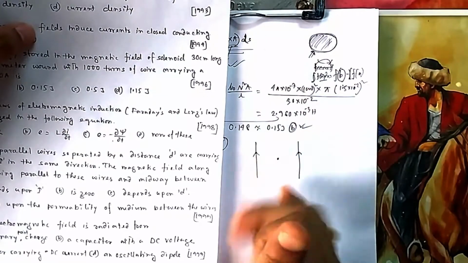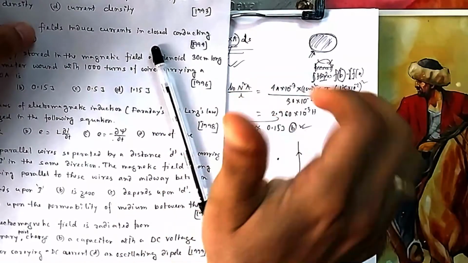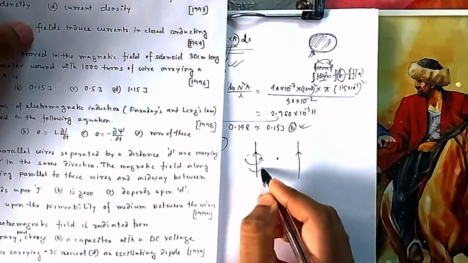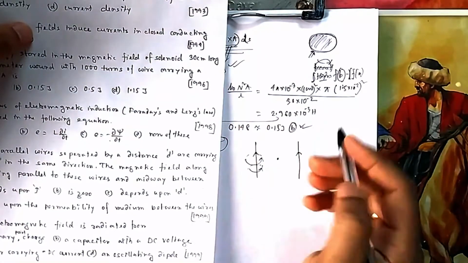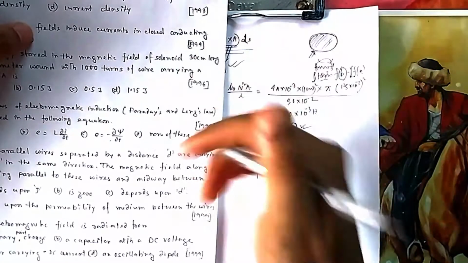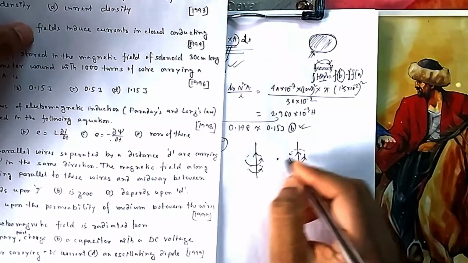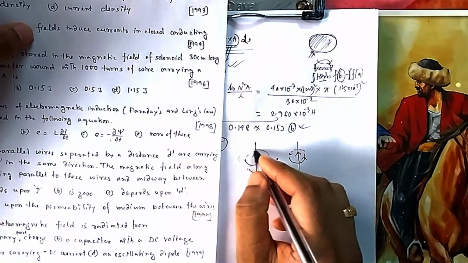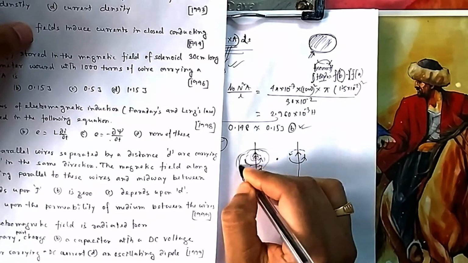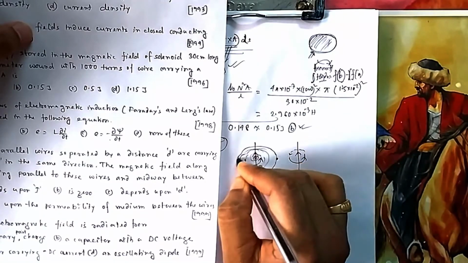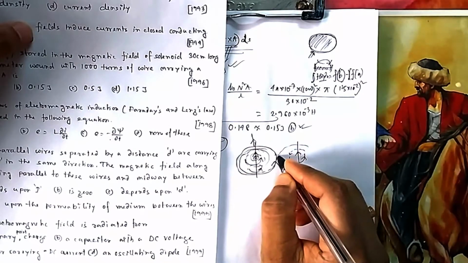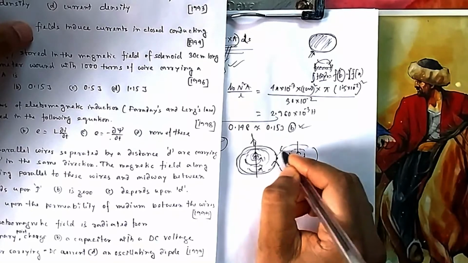Because your current is moving this way, if you look around it, what is the magnetic field? Its magnetic field is in this way. It is moving in this way. And here also it will move in this way. So this is the magnetic field around it. It is going and it is coming back. So if you come to this side, there will be lots of concentric circles. So if some circle will go through this, this is the magnetic field it will experience due to this current this way. Similarly, it will experience this magnetic field due to this way, and here it is coming in this way.